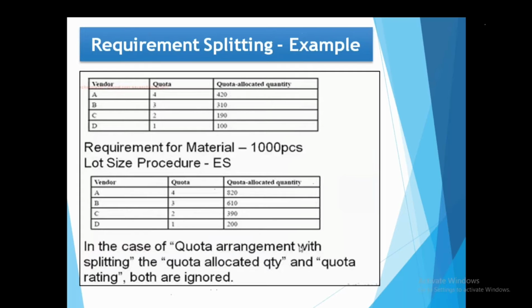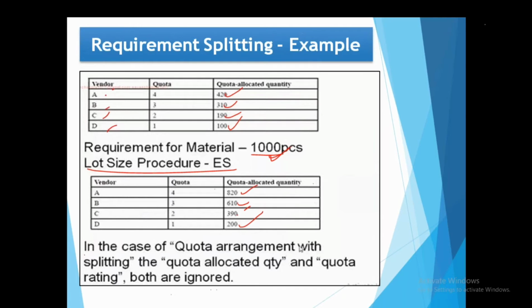So if you use lot size procedure as ES and your requirement is 1000 pieces, then initially before running MRP your quota allocated quantity is like this: 420, 310, 190, 100 for each vendor. If your requirement is 1000, based on the percentages it will split, and your quota allocated quantity will increase